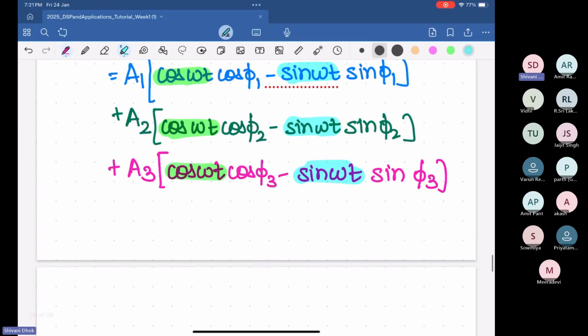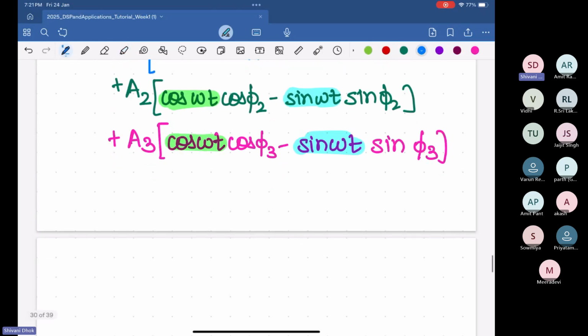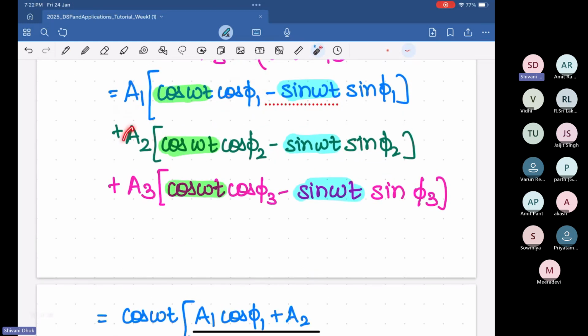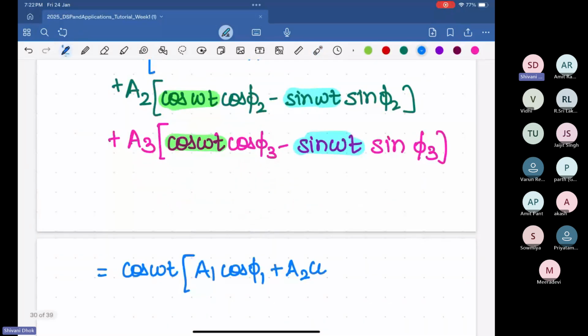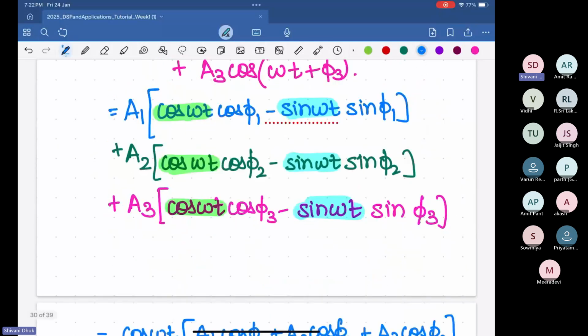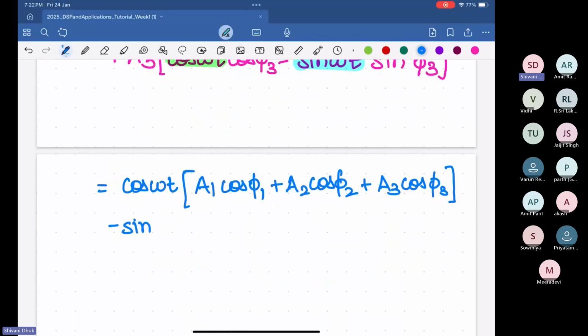Okay, so now what we will get is cos of omega t, and the common terms are a1 cos phi 1 plus a2 cos phi 2 plus a3 cos phi 3, minus, so we'll take this minus sin of omega t common,